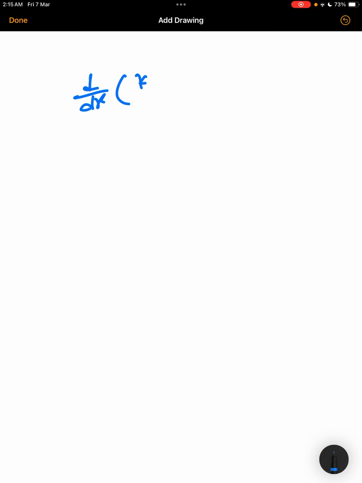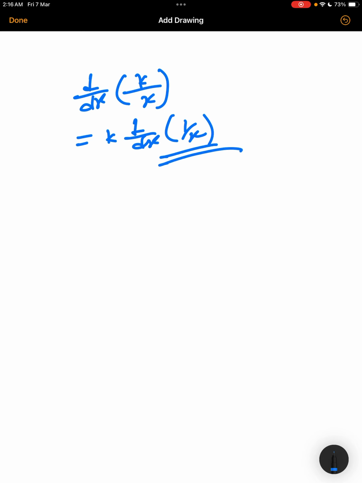Second tip: d/dx of any constant k over a denominator x. First, k is outside, d/dx of 1 by x, or anything can be in the denominator. You just have to remember that for this case it will become minus k by x square. So the formula is that you have to change the sign of this part. If this is positive it would be negative, if this is negative it would be positive, while x will